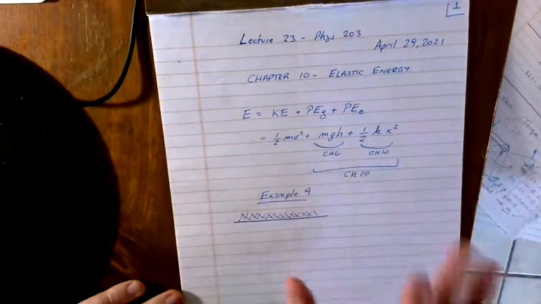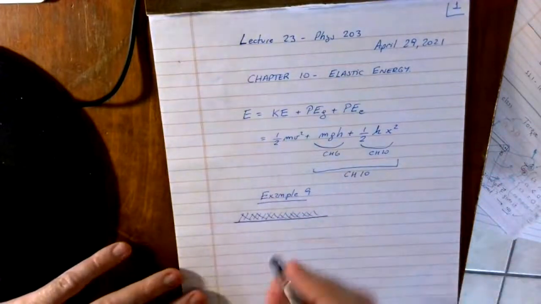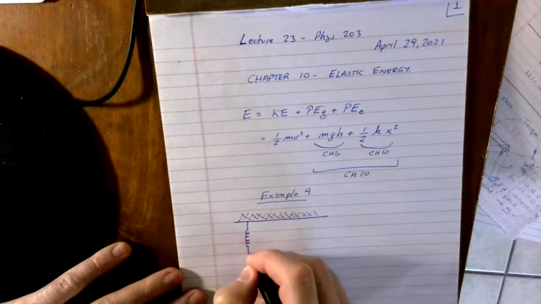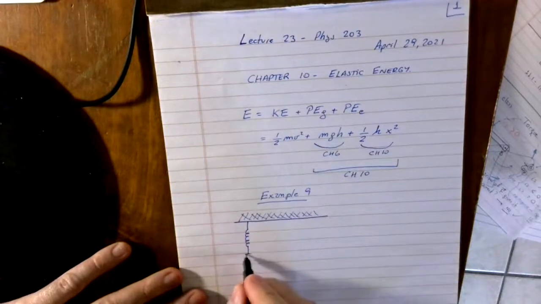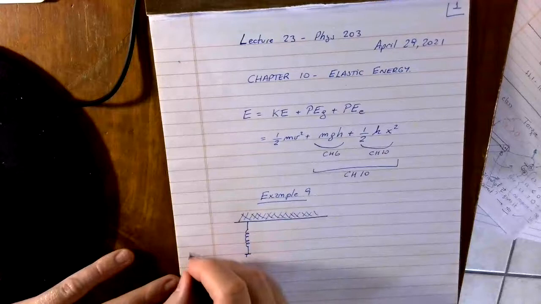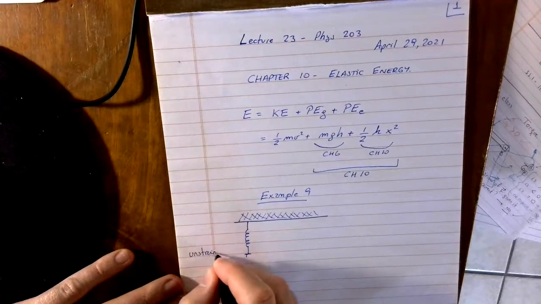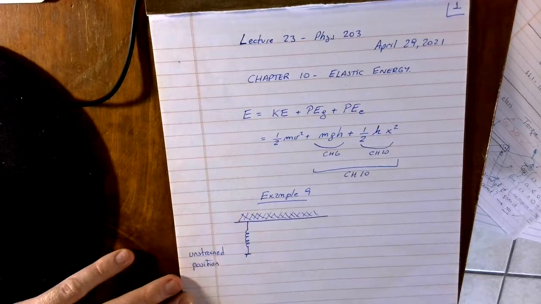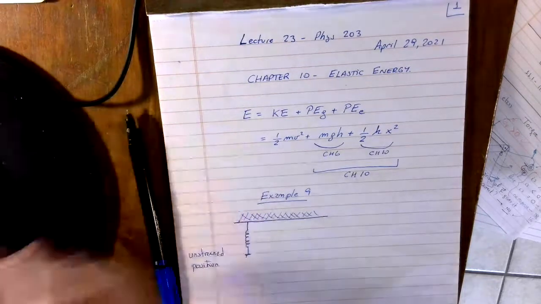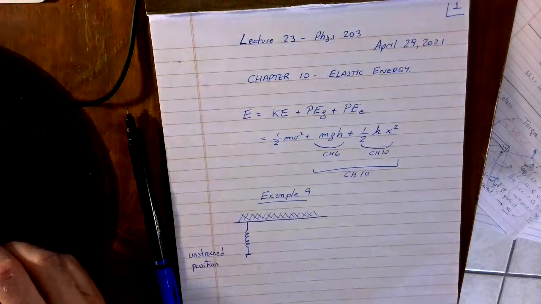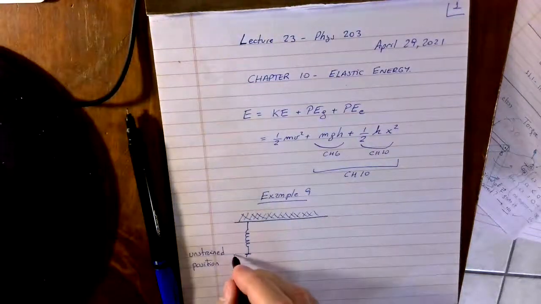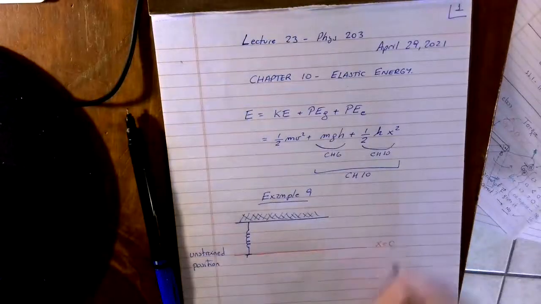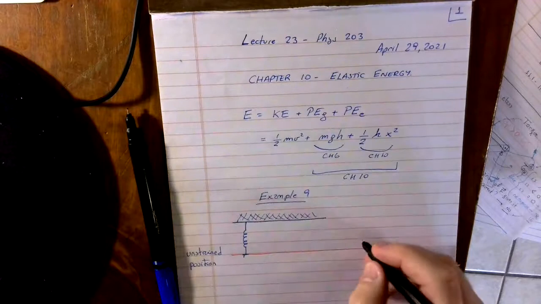You have some freedom again to choose a coordinate system, but let's see the simplest one. You always start with the unstrained coordinate. This is the unstrained position. Why is this important? Because here you're going to measure the position that is x equals 0. So this is the x equals 0 position, anything above